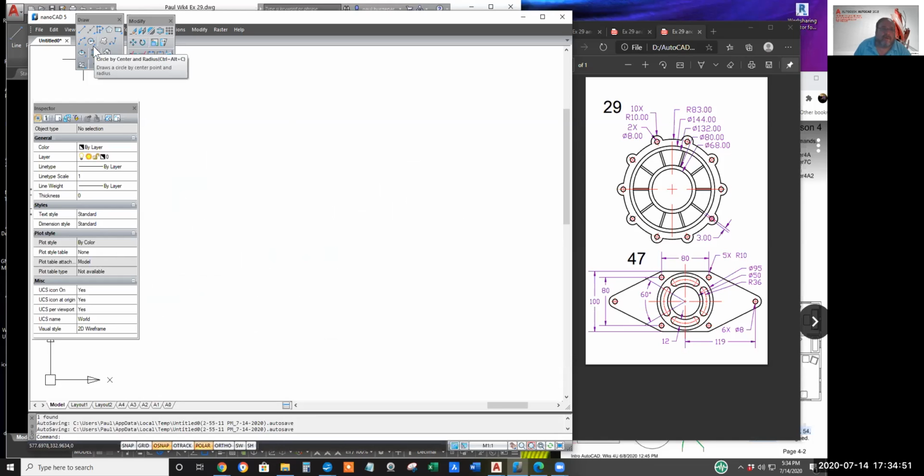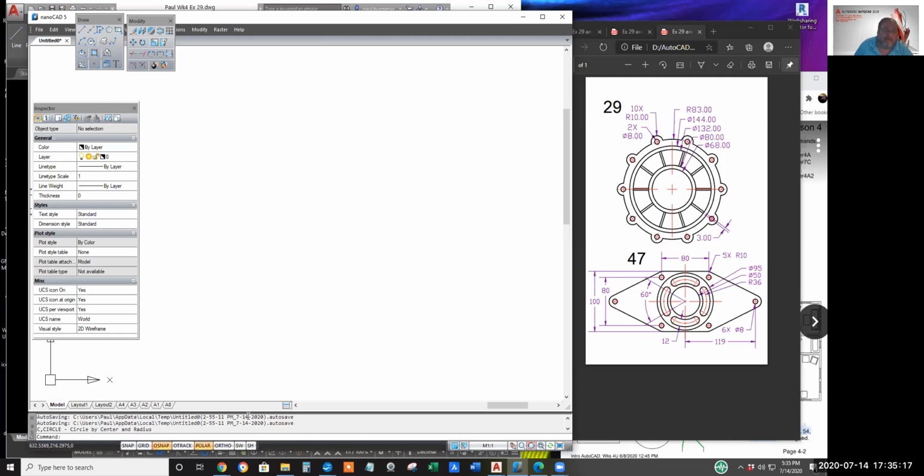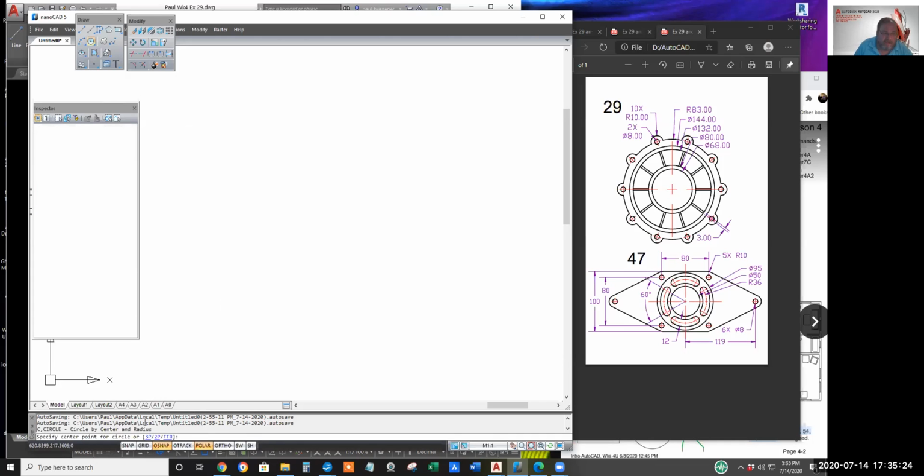All right, circle. We're on circle center. Okay, I don't understand why I see a little dot there indicating it should be a flyout. I wonder why it doesn't fly out, but that's okay. I'll check out the options on the command line. We'll click the circle icon.